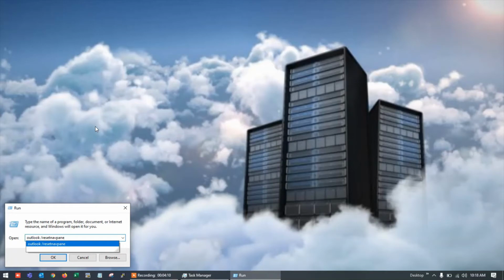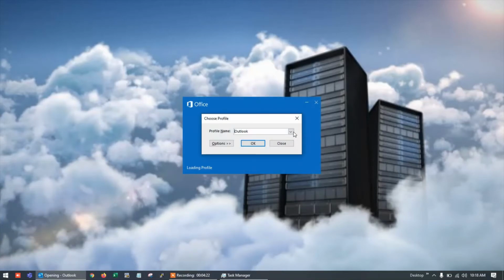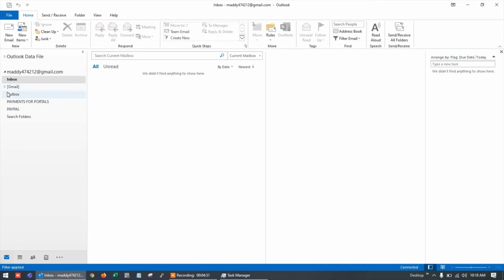Once you type this, resetnavpane will reset all the DLL files associated with the navigation pane. Once we click on this, it will ask you to choose the profile. Once you choose the profile and click OK, it will reset all those additional settings we made on the navigation pane and return it to the default.